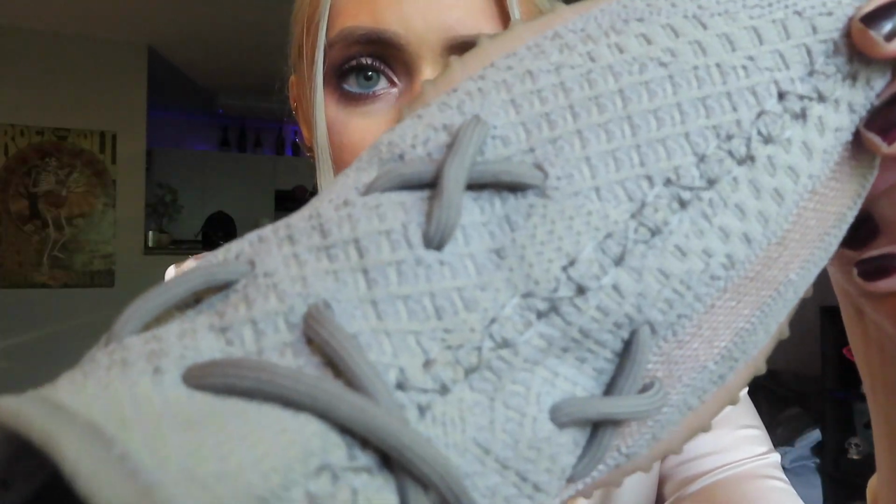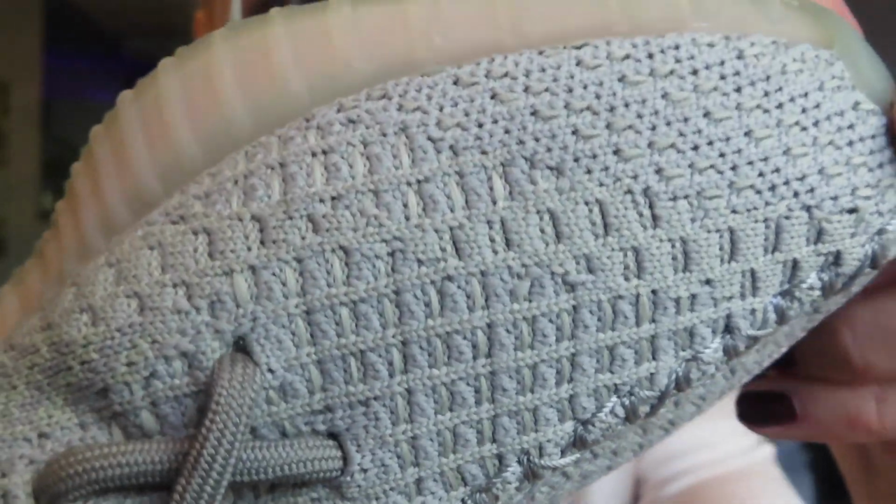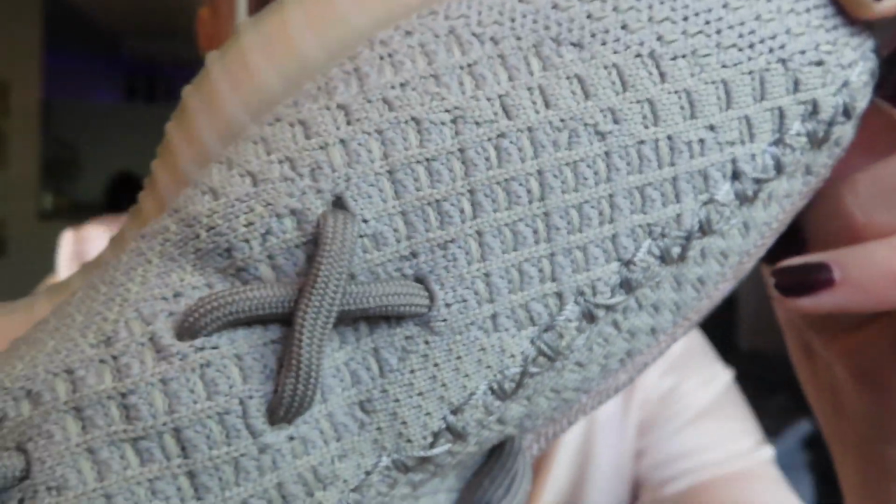Cool. I don't know if you guys can tell, but it almost has a mint green quality of gray mixed in there. So they're really interesting and really cool. I got these on StockX. What's cool about StockX is that you can actually use Affirm when you check out. Affirm, if you guys haven't heard about it before, is a service that lets you pay for items in monthly quantities, so you can split the payment up and you don't have to pay for the entire item all up front,